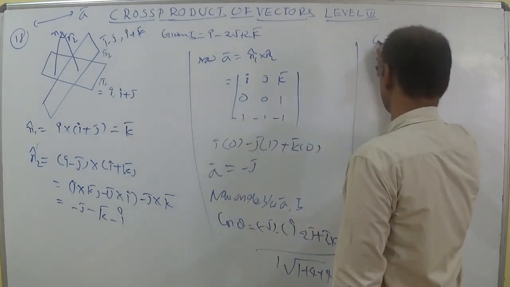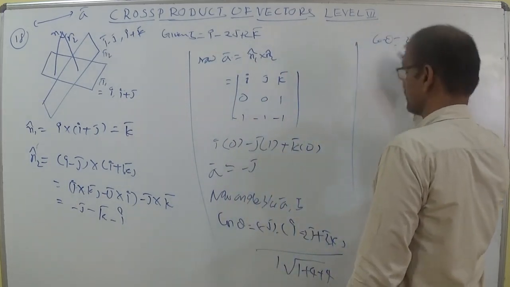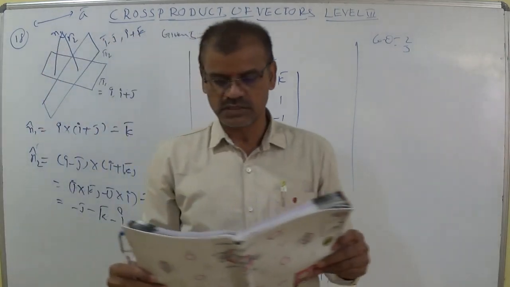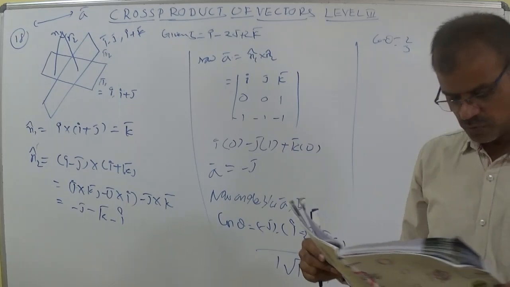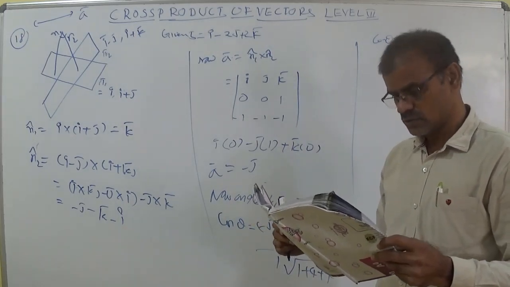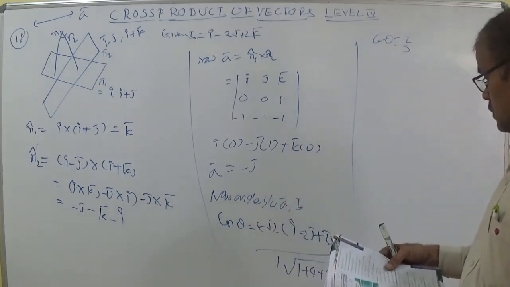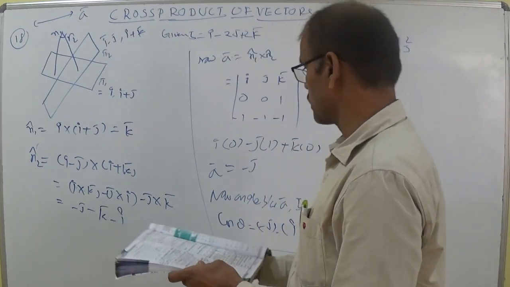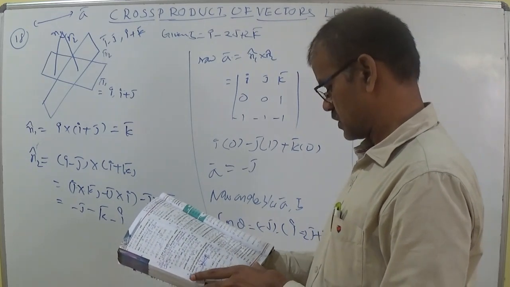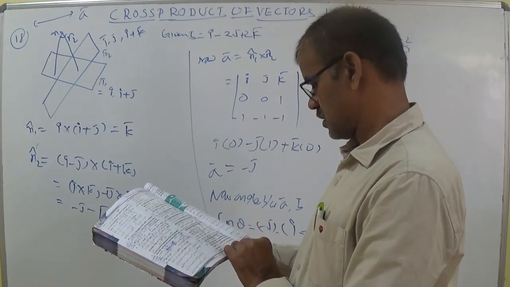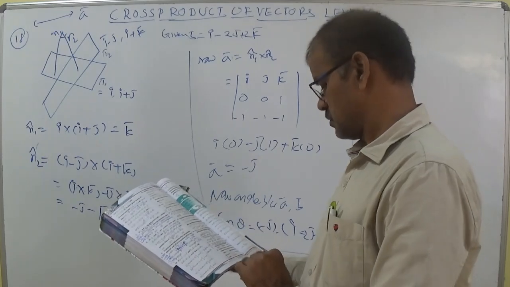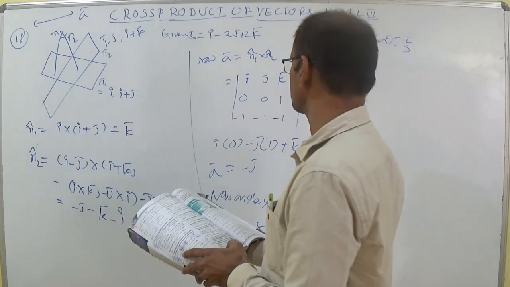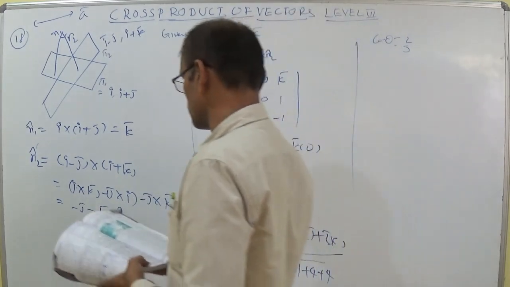So cos theta is equal to 2 by 3, we got. But the value given is pi by 2, and for the 18th question, the first option, pi by 4, we got. Somewhere we made it wrong. A bar is equal to i cross (i plus j), it's okay. Next, (i minus j) cross (i plus k), it's also okay. Then the angle between A bar and i minus 2j plus 2k. Once again let us verify.